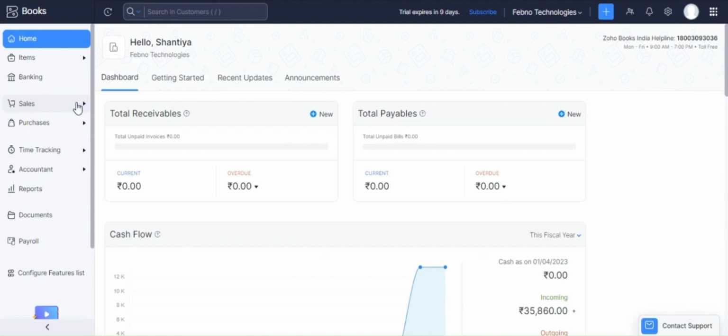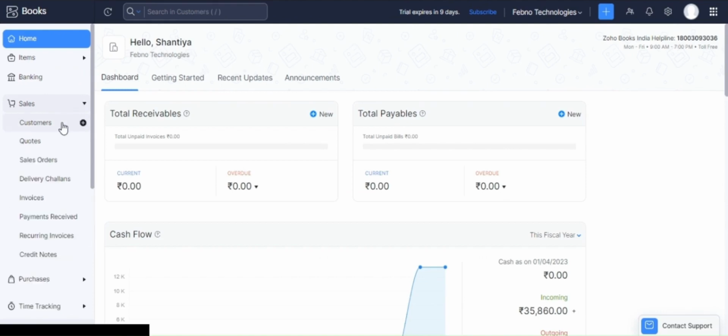Next, you have the sales module. Here you can add the customers that you deal with in your business. Then you can create and send them estimates for the items you wish to sell them. If you receive any advance payments from them, you can record them as retainer invoices. In addition, you can create and send sale orders to them, and you can also create invoices once the items